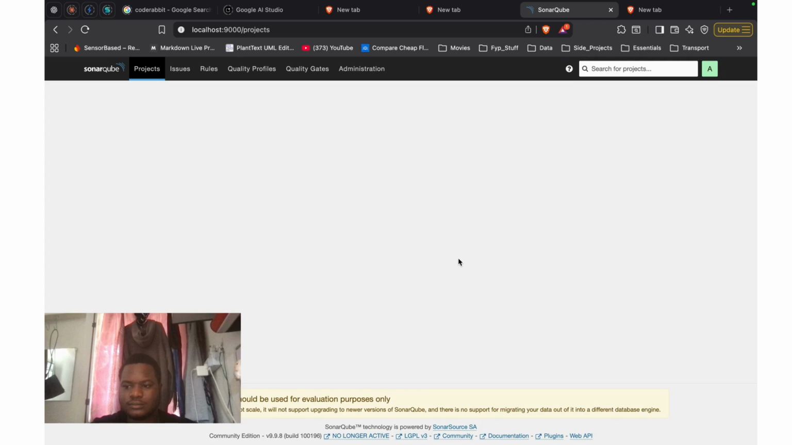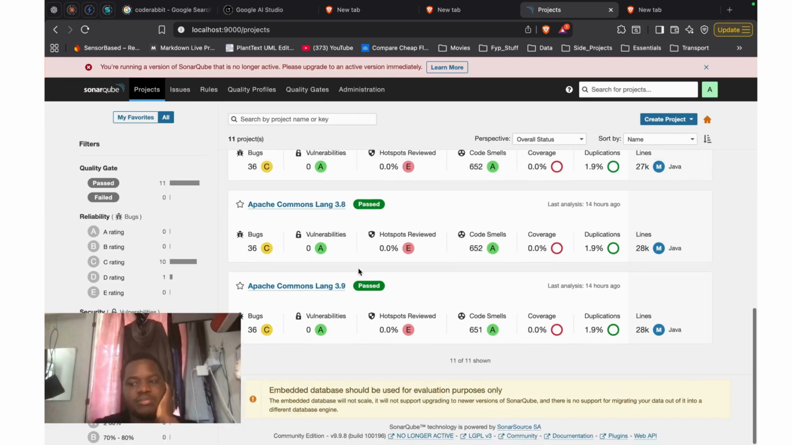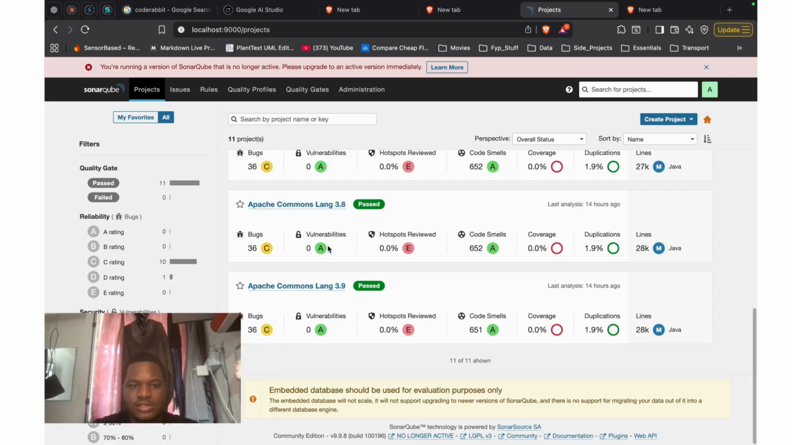So this is how the dashboard looks like. Sorry for the delay, the internet is kind of slow. So you get to see all the metrics of different Apache Commons Lang versions. This is the project page, then the language versions from 2.0 until 3.9. Then all the status, it's all passed, with the bugs, vulnerabilities, code smells, and the lines of code all